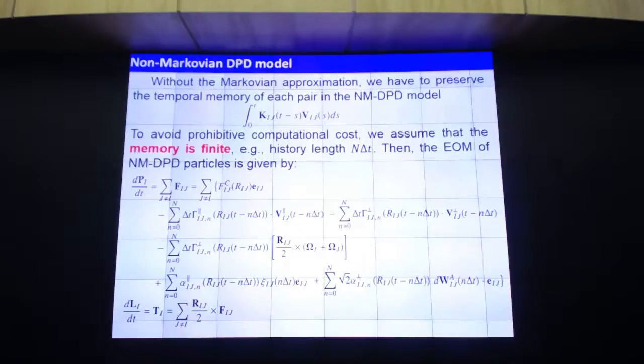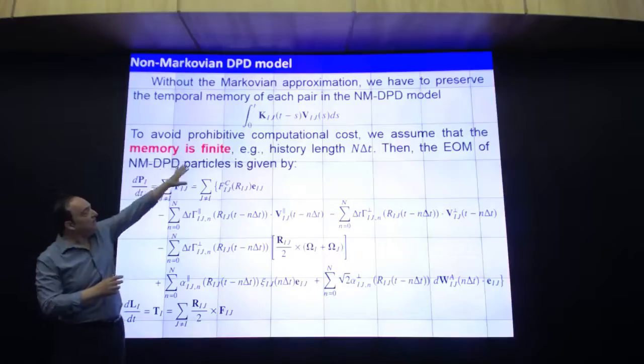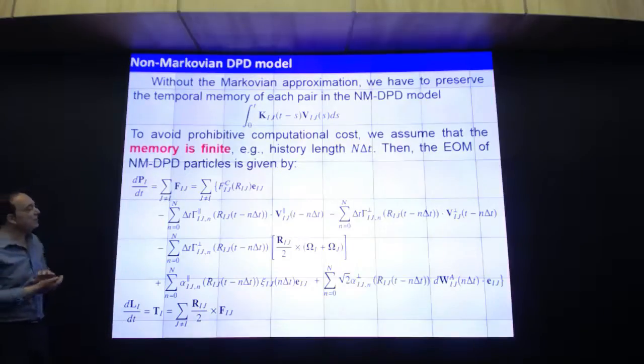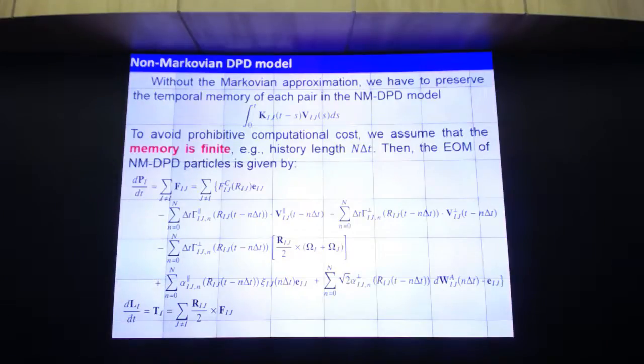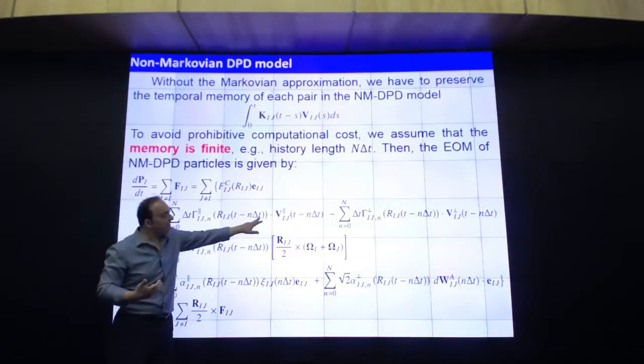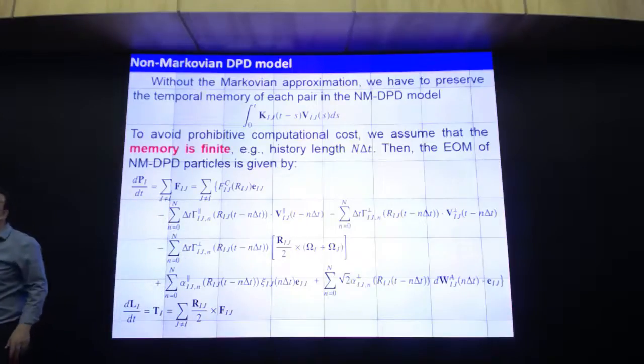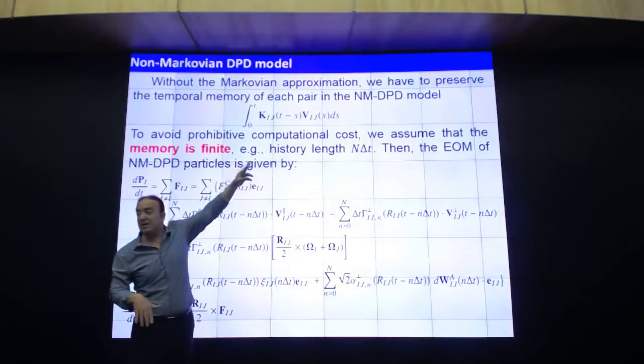Now, if we go to the non-Markovian system, a system where there's no separation of scales, in other words, the decaying of the velocity autocorrelation and the decaying of the force autocorrelation are pretty close to each other. It may be different like the one case that I showed you, but closer, then you have to consider this term explicitly. So the memory effect is finite, and the question is, how do you do it? Remember, this is an integral from 0 to t, so you have to go back all the way to 0. Or you can fade the memory somehow, but you have to go, let's say, back 1,000 time steps and keep the configuration of the system, and that requires a lot of memory. It's very, very expensive. So you can do a simple trapezoid rule to approximate the integral,